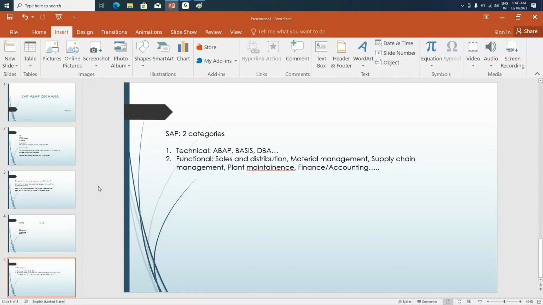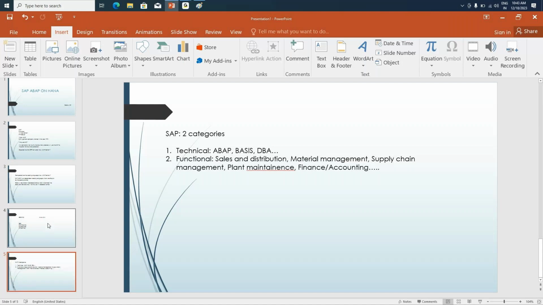Then is your plant maintenance. In plant maintenance, you will have all the manufacturing activities that are there in your company. Then finally, finance and accounting. So finance and accounting is the final step, wherein you have created your product, you have sold your product, and you have received the monetary benefit. You have received the price or the value of your product. Then that's it. You will be closing it. So this is briefly about what SAP is and how SAP works too.